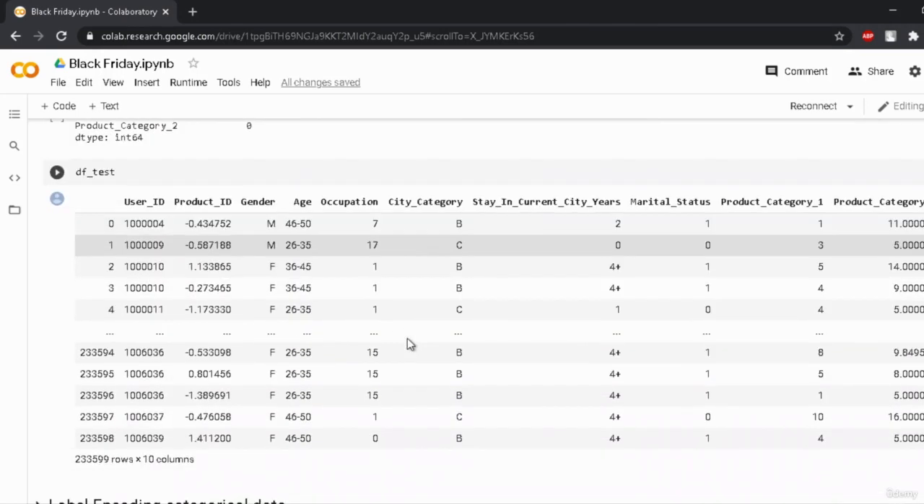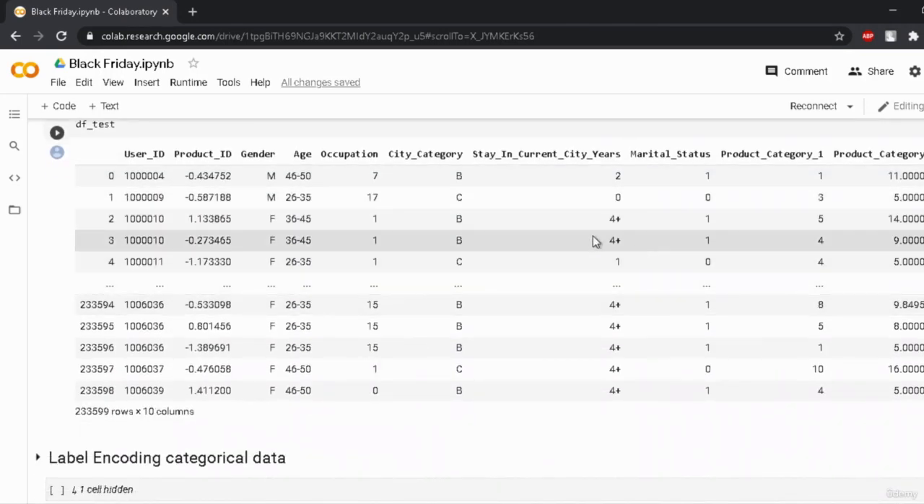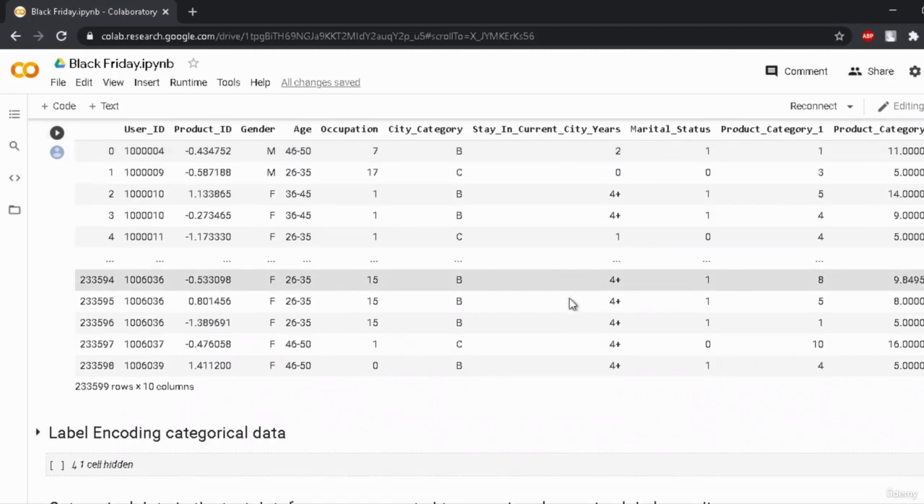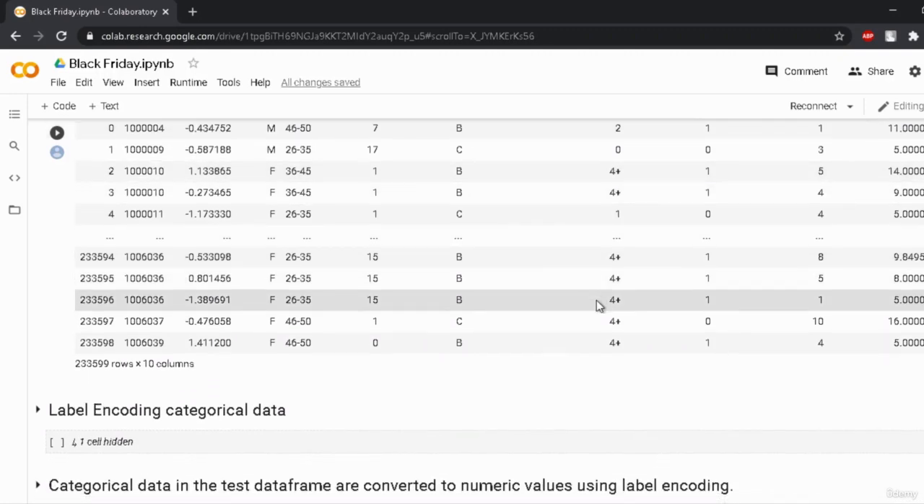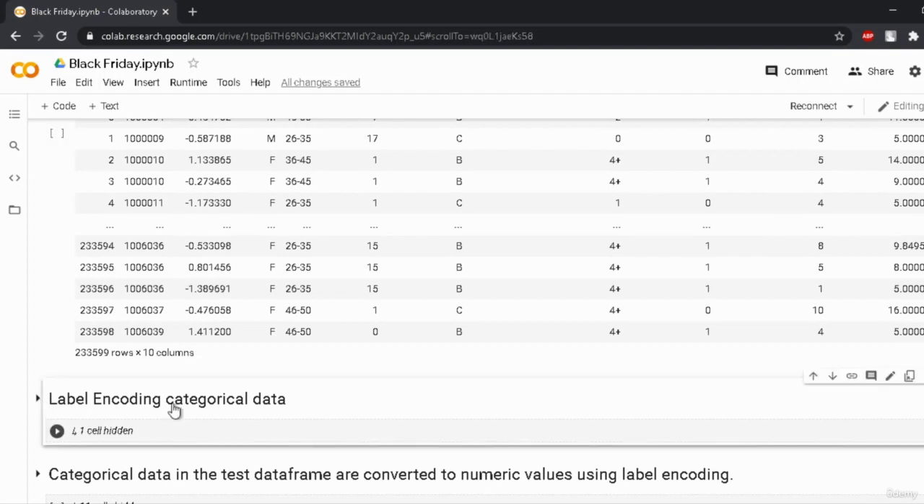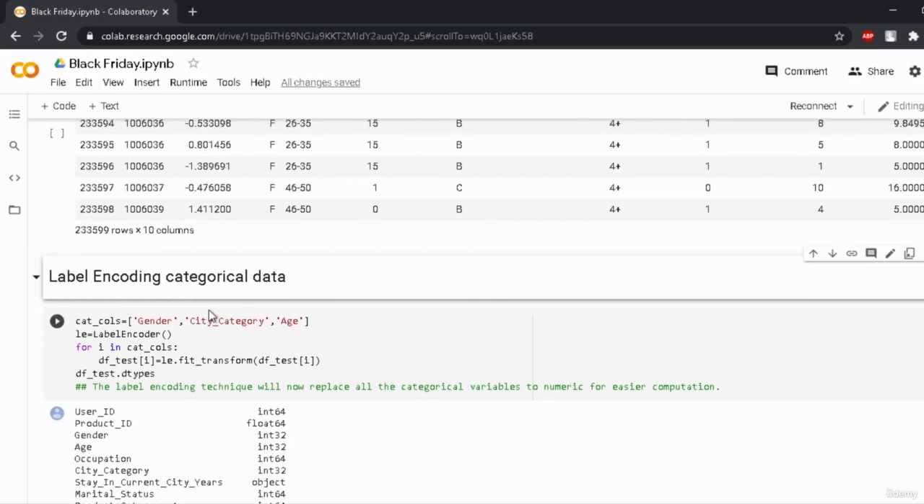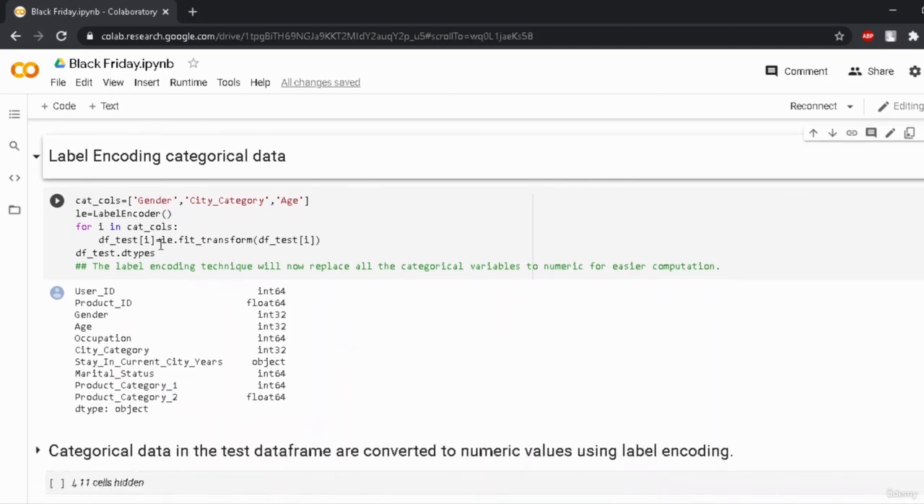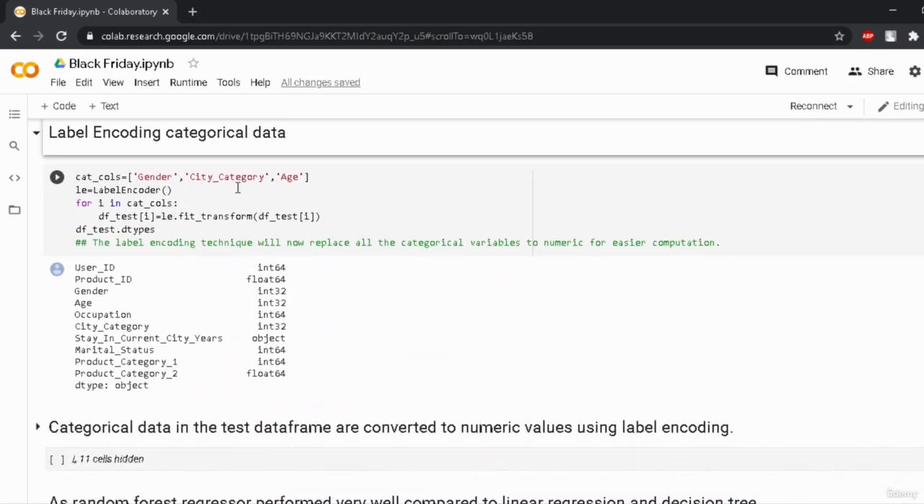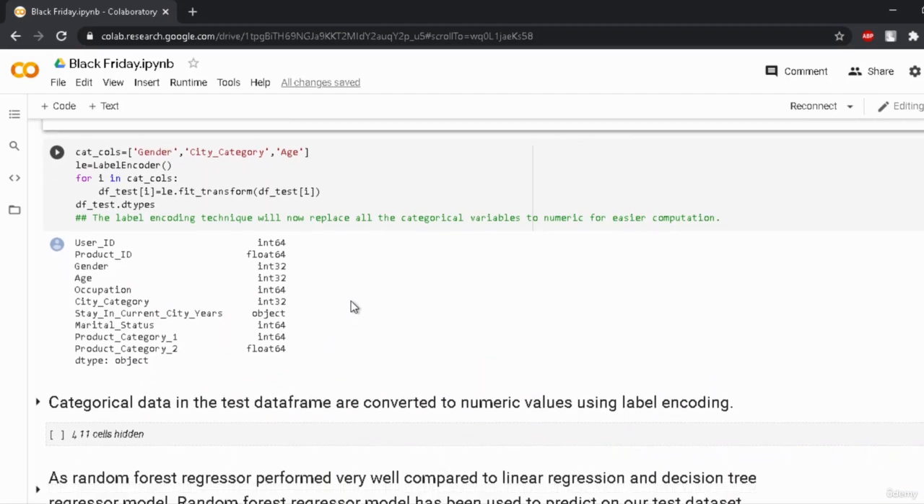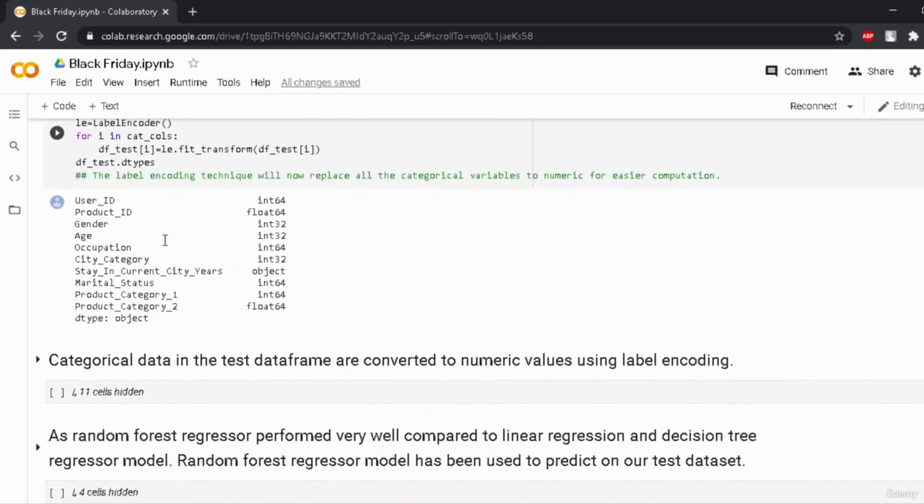And over here this is the data set, and as you can see, this column stay current city years has this symbol 4 plus. So let us go ahead and remove that symbol as well, but before that we have to label encode our columns, like gender, city category and age, which are categorical in nature. So we have used the label encoder and encoded these three columns in a numeric way, and over here you can see the columns are integer type again,